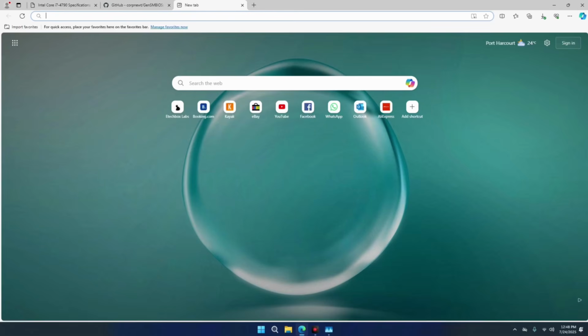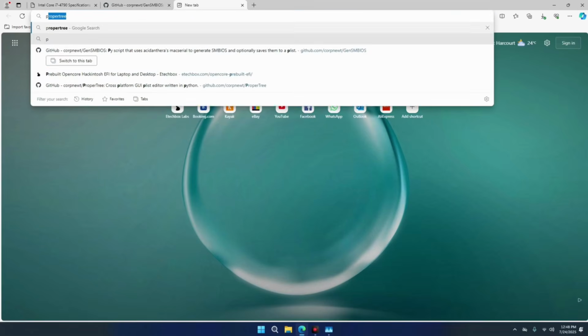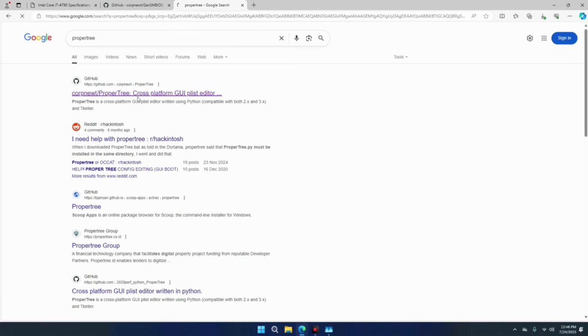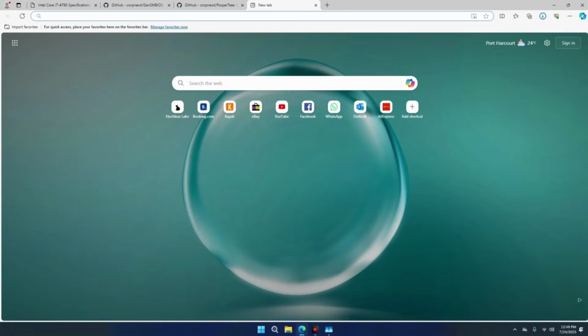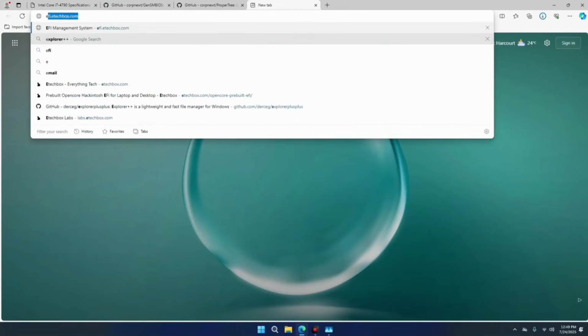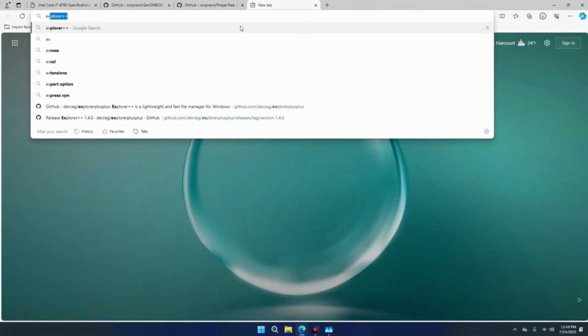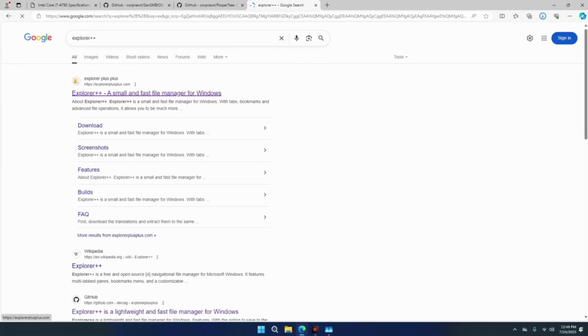Next, we are also going to download Propertree. You can also search for it as well. Propertree. Click on the link to GitHub as well. Code and download zip. Next, we are going to download Explorer++. So search for Explorer++. Click on the link as well,